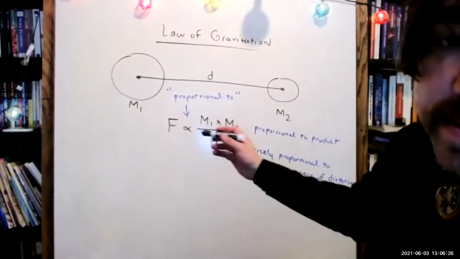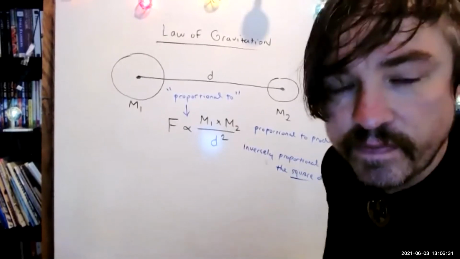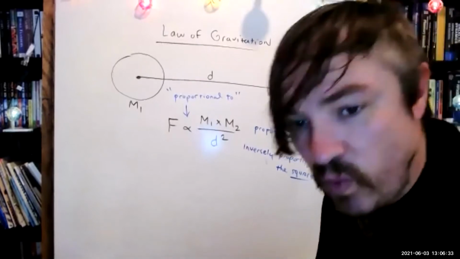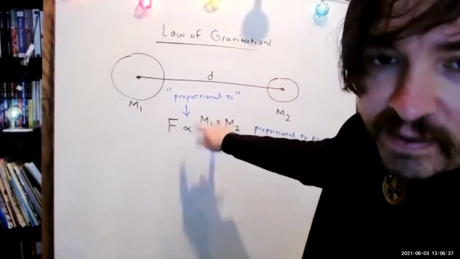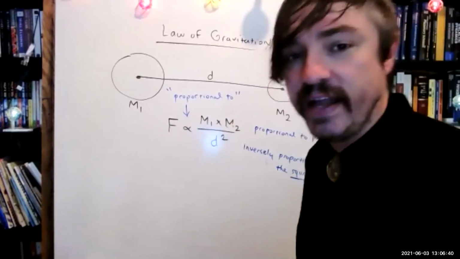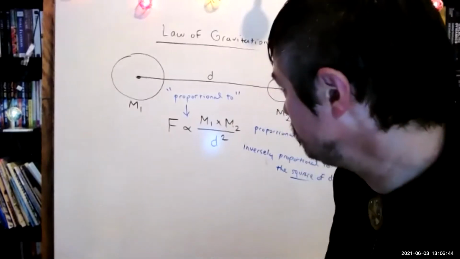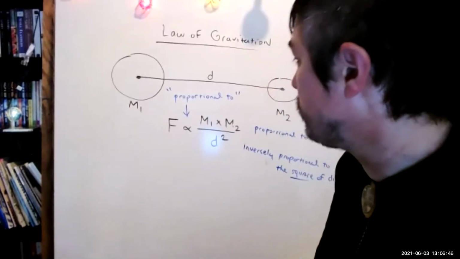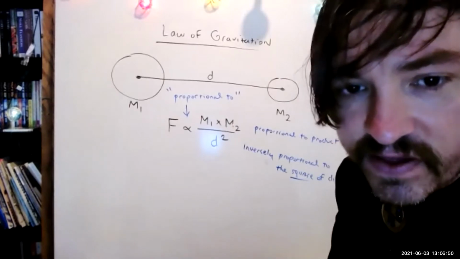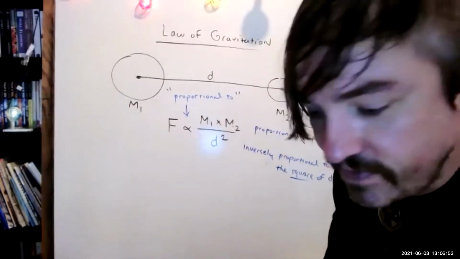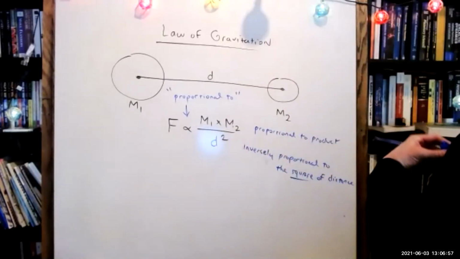The proportionality symbol will not let you calculate the magnitude of the force in newtons, but the proportionality symbol will tell you how forces will change when you modify some or all of these variables. And sometimes that can actually be a more powerful tool. This also suggests that any two objects with mass separated by some distance will have this magical force of gravity operating on them. And that's pretty funny if you think about it, because,